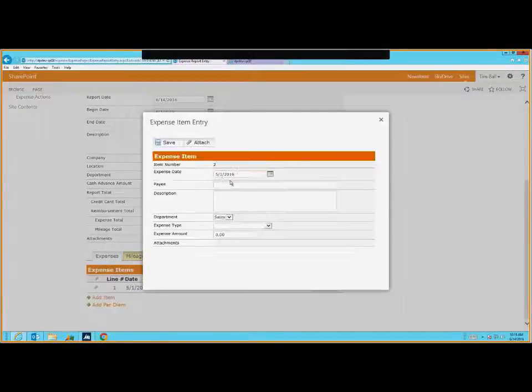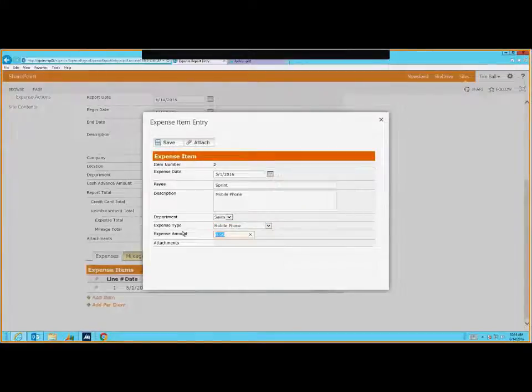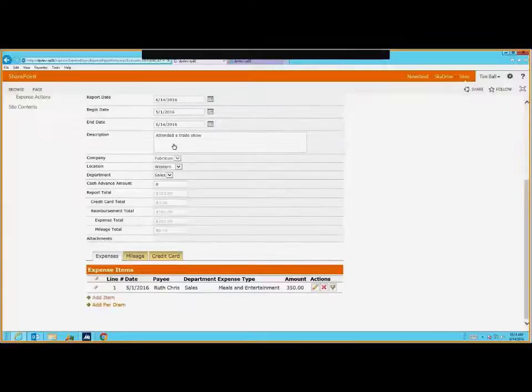So the next one I'm going to add would be a mobile phone. So let's say we're paying this to Sprint. And hopefully I have a mobile phone category in here. And let's say I intended to put $99, but I fat fingered it and put $999. When I save this, you're going to see an error or a warning message pop up,